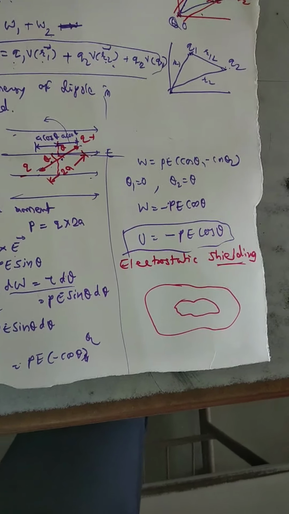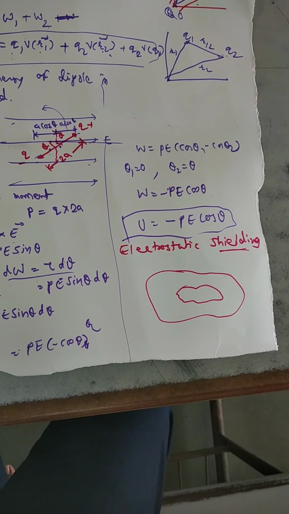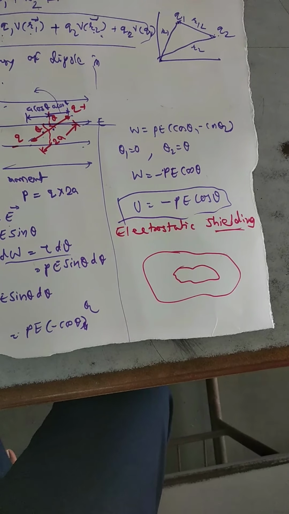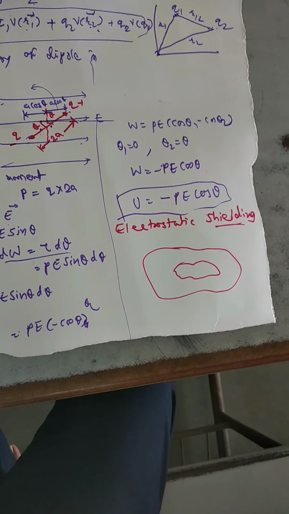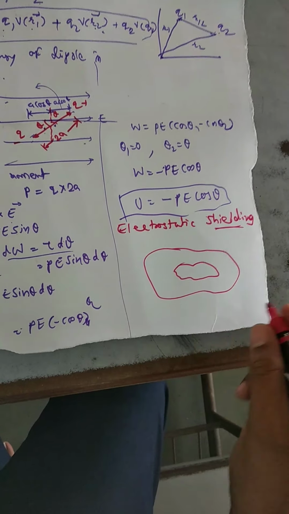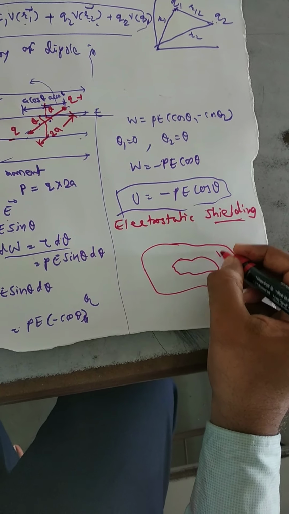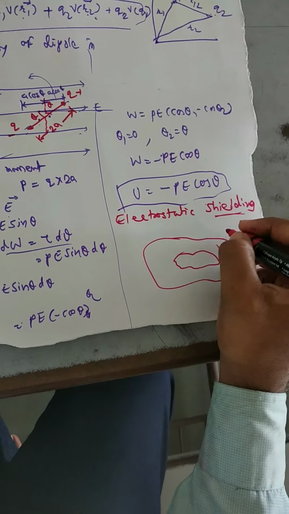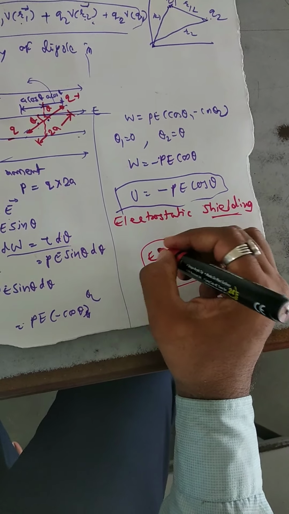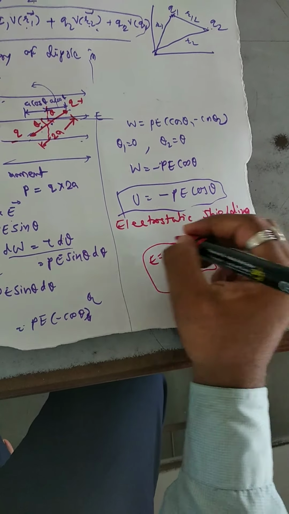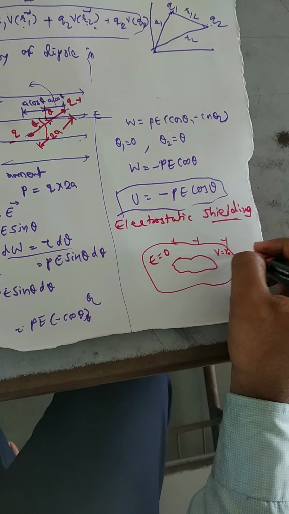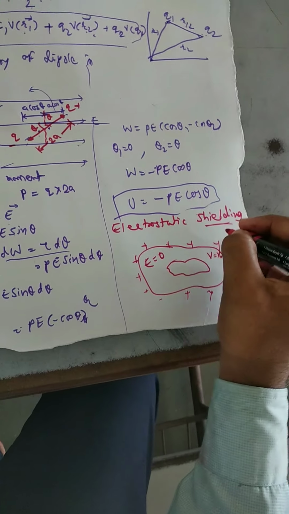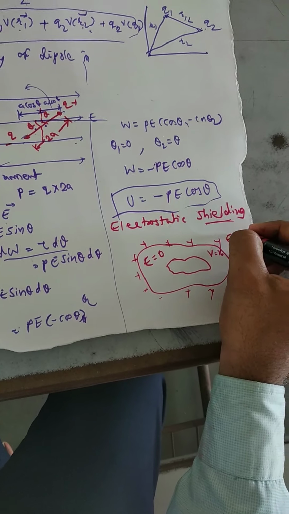whenever we are manufacturing any conductor, at that time some cavity portions remain there. Either that cavity is there, or we intentionally provide a cavity inside this conductor. For a given conductor, we know that the value of electrostatic potential will be constant throughout this conductor, and the value of electric field inside this conductor will be equal to 0, and we will feel the effect of electric field outside the conductor or on the surface of this conductor. So here we have this value of electric field.